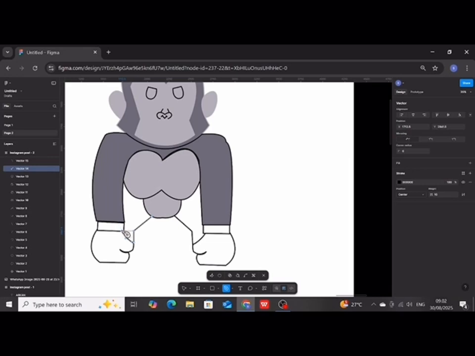And adding the color in Figma. To apply color, you select the traced shape and then press enter twice.